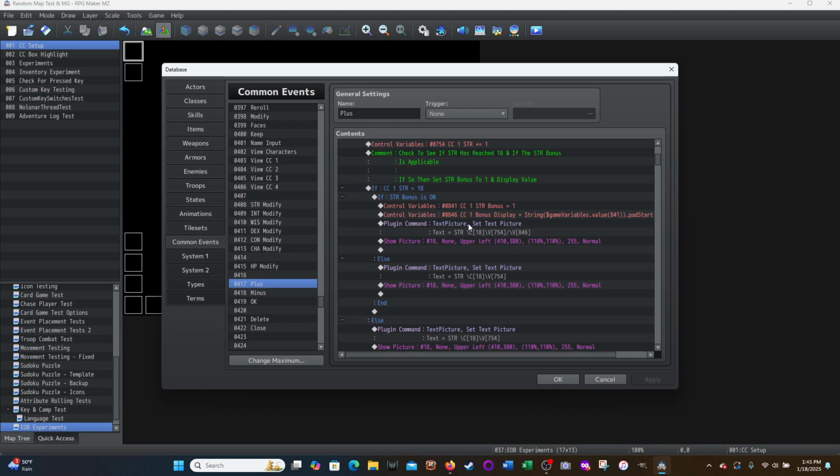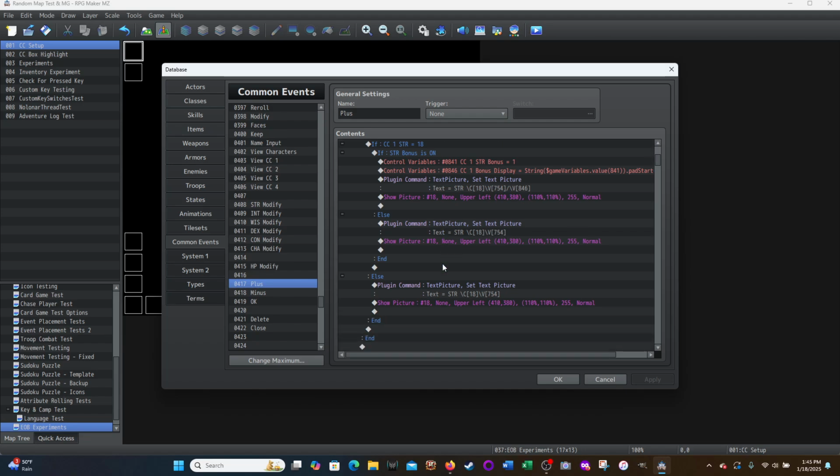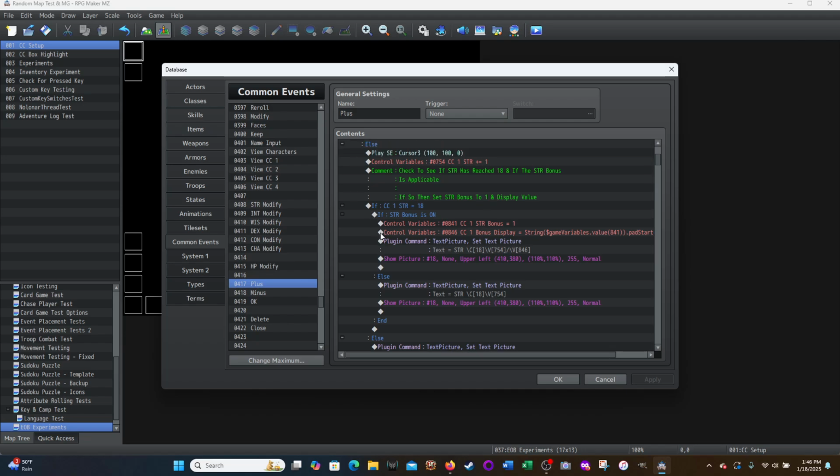Then we're going to use the text picture to show the attribute value plus the bonus on the screen. And then this else branch is basically if the strength bonus is off. So it's not a fighter type, in which case it's just going to show the base value of the strength attribute. Okay? And then this else branch